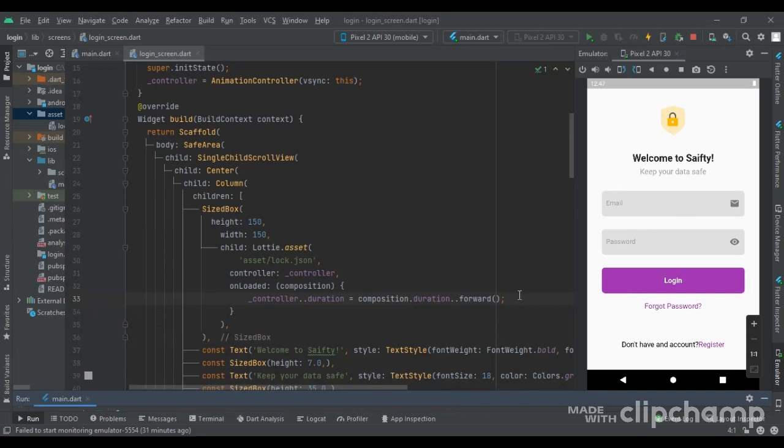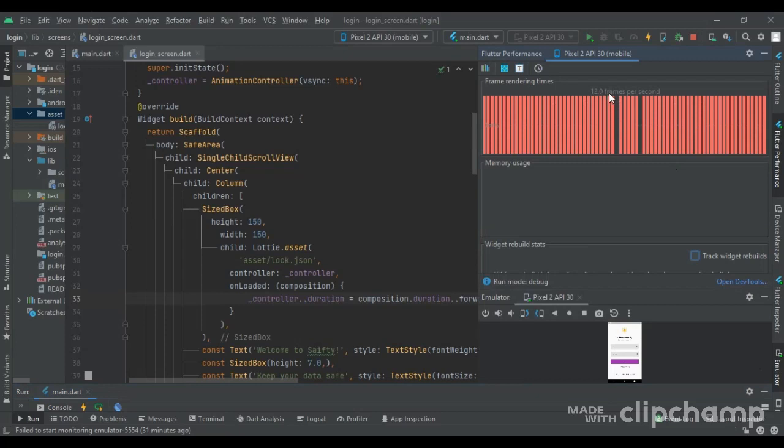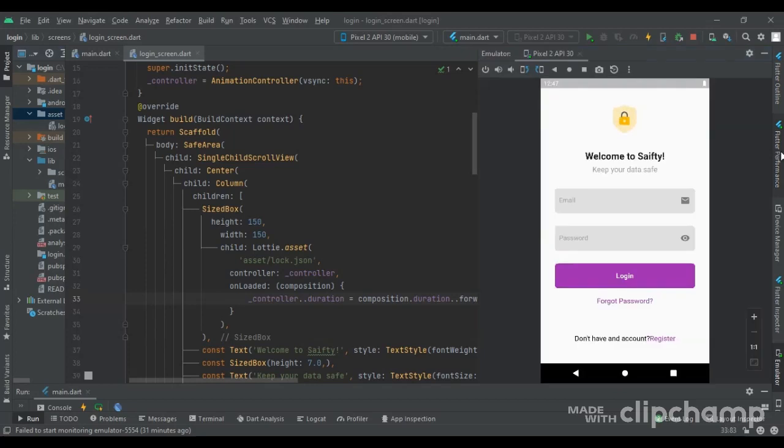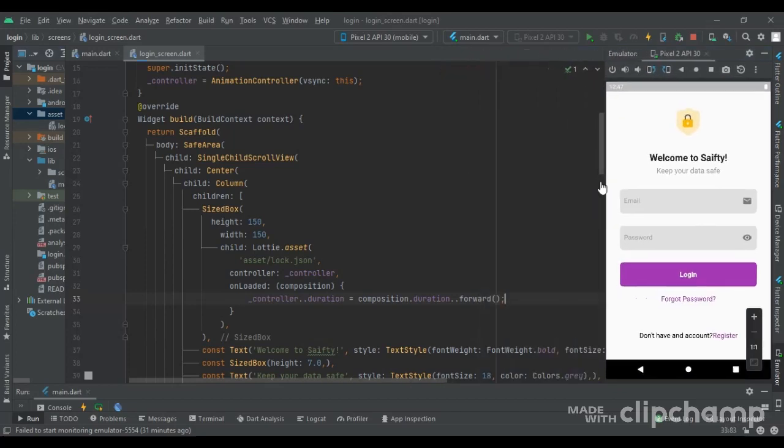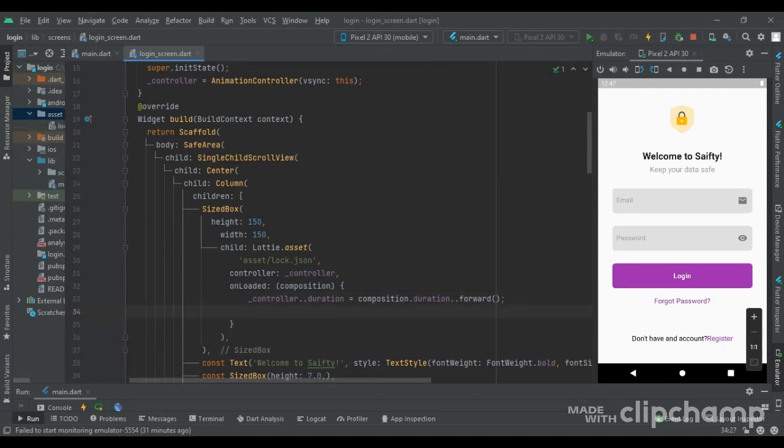That means we are not resetting our controller. It has forwarded only once and it's not rebuilding again. So we still have this 12 frames per second, but it's now constant. It's not really rendering our app again. So what we can do is, after this forward, we check if